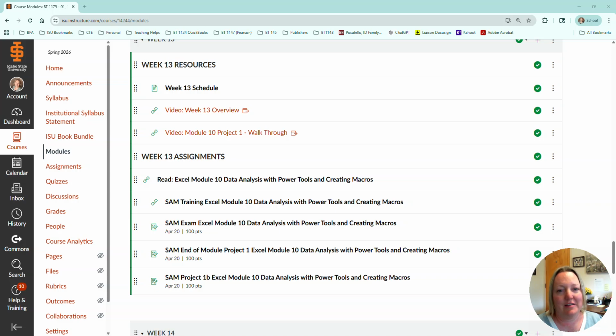Hi everyone. This week, week 13, we are moving on to Module 10, which is the third advanced level for Microsoft Excel. After we get through this week, we have one more module, which is Module 11, and then we will wrap up the semester and we will have a capstone project, your final file management checkup, and we will be done. And as always, you are willing to work ahead and finish up this class early if you need